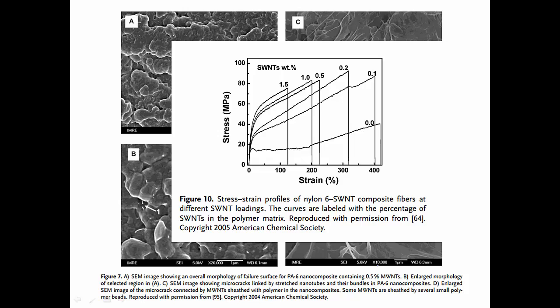If you actually increase the amount of carbon nanotubes, maybe you can increase the strength marginally, but you're losing a lot because of ductility. The reason for this is that with the increased amount of carbon nanotubes, it is very difficult to disperse them uniformly through the material. As a result, the presence of a large amount of carbon nanotubes in an isolated area, which is difficult to be penetrated by the polymer, may actually become a defect, and that is responsible for the reduction of the